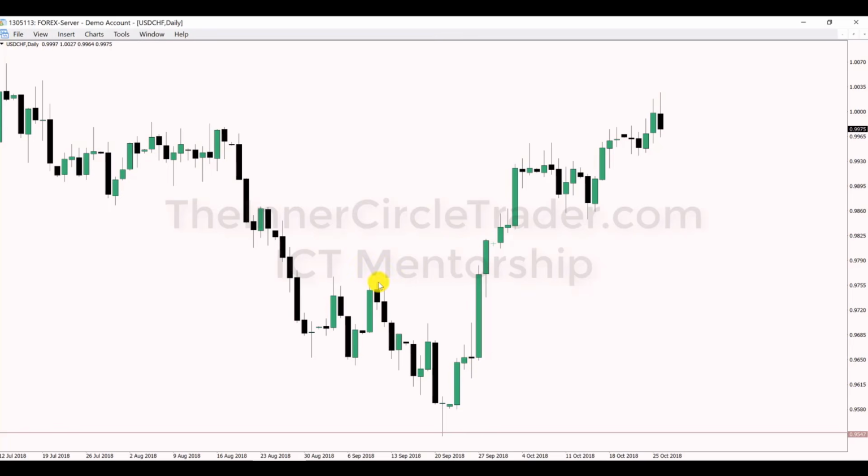And I tweeted at the time to look for these highs to be taken out, and we saw that happen the very day it was tweeted. Price then continuously moves higher. Okay, so you can use a day trader's model getting in here, but using the narrative that that could be a short-term trade entry, looking for these highs to be taken out and then up into this candle here, waiting